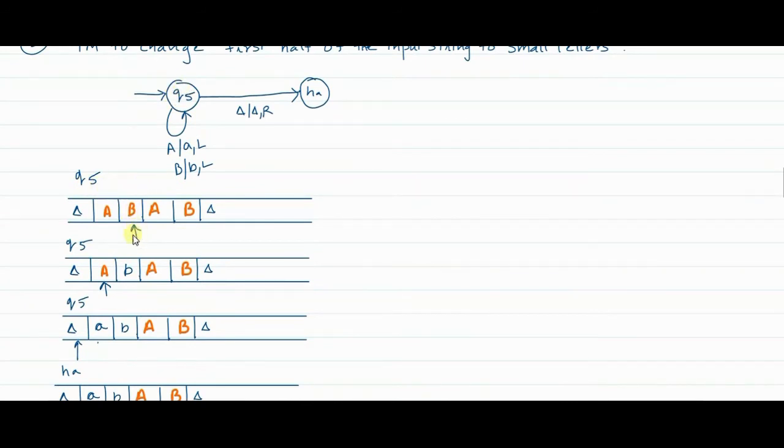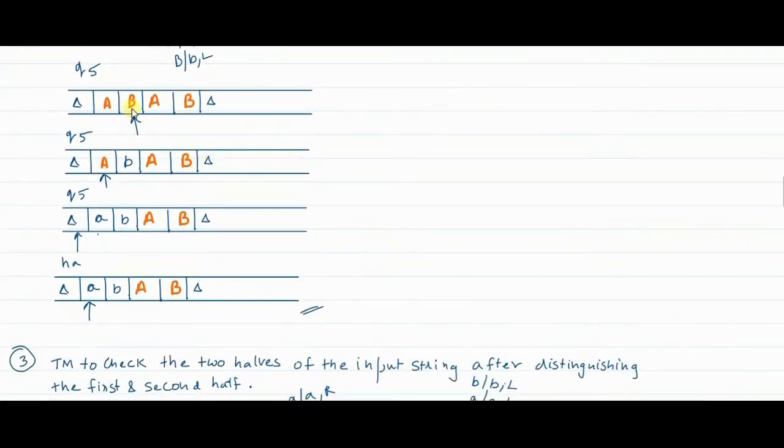Currently it is pointing to capital B. Now, if capital A is encountered in Q5, capital A will be replaced with small a and the pointer moves to the left. If capital B is encountered, capital B will be replaced with small b and the pointer moves to the left. So from this pointer, whatever is there to the left till this delta, all of it will be replaced with small alphabets.